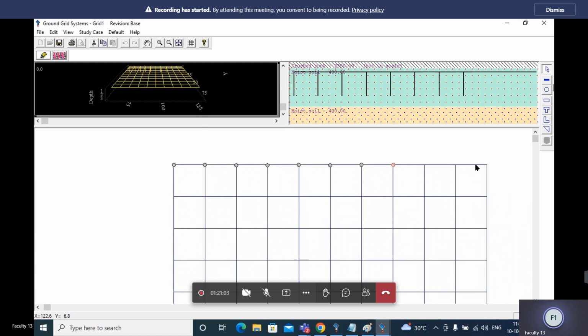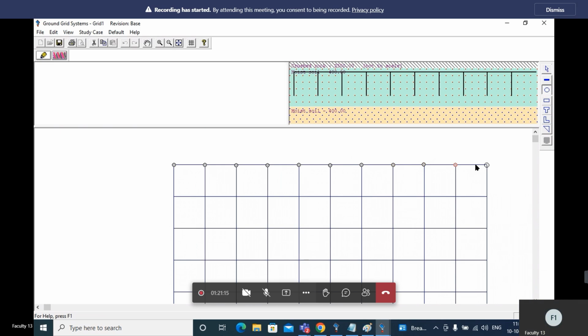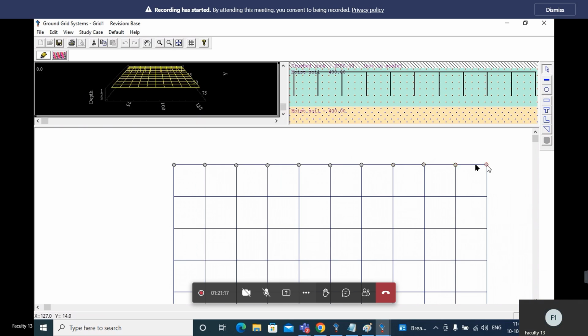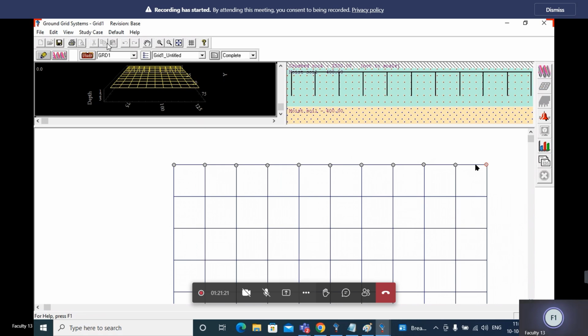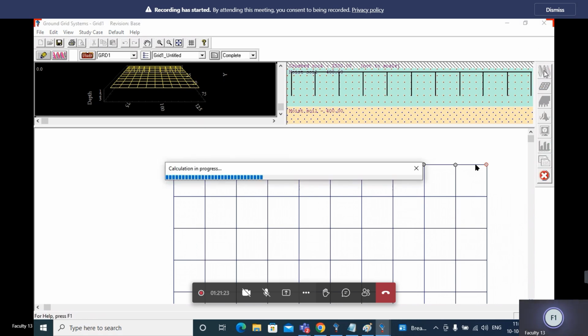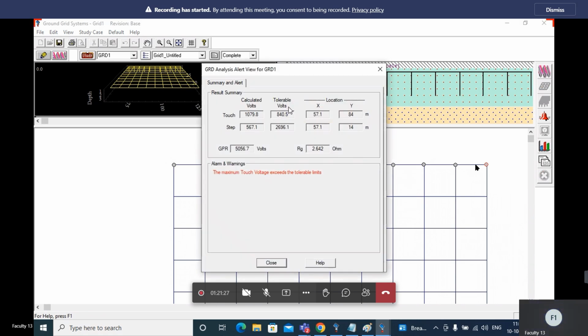After that, I will increase the number of rods. Save the design and then run and check whether it is reduced or not. 1079. Okay.